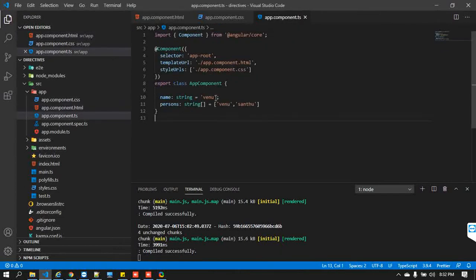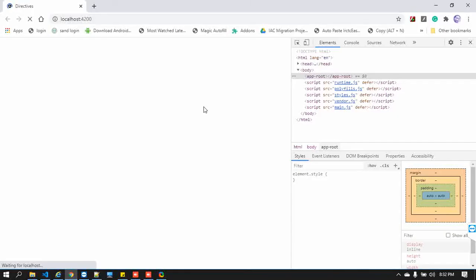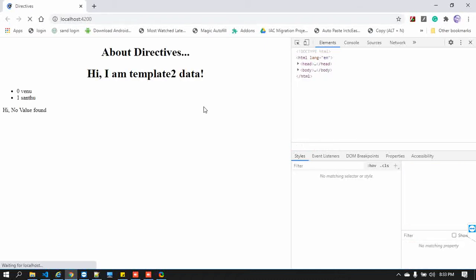So I'm giving one at this moment, saying no value found. Let's come back here and save it. Now at this moment, see, no value found.